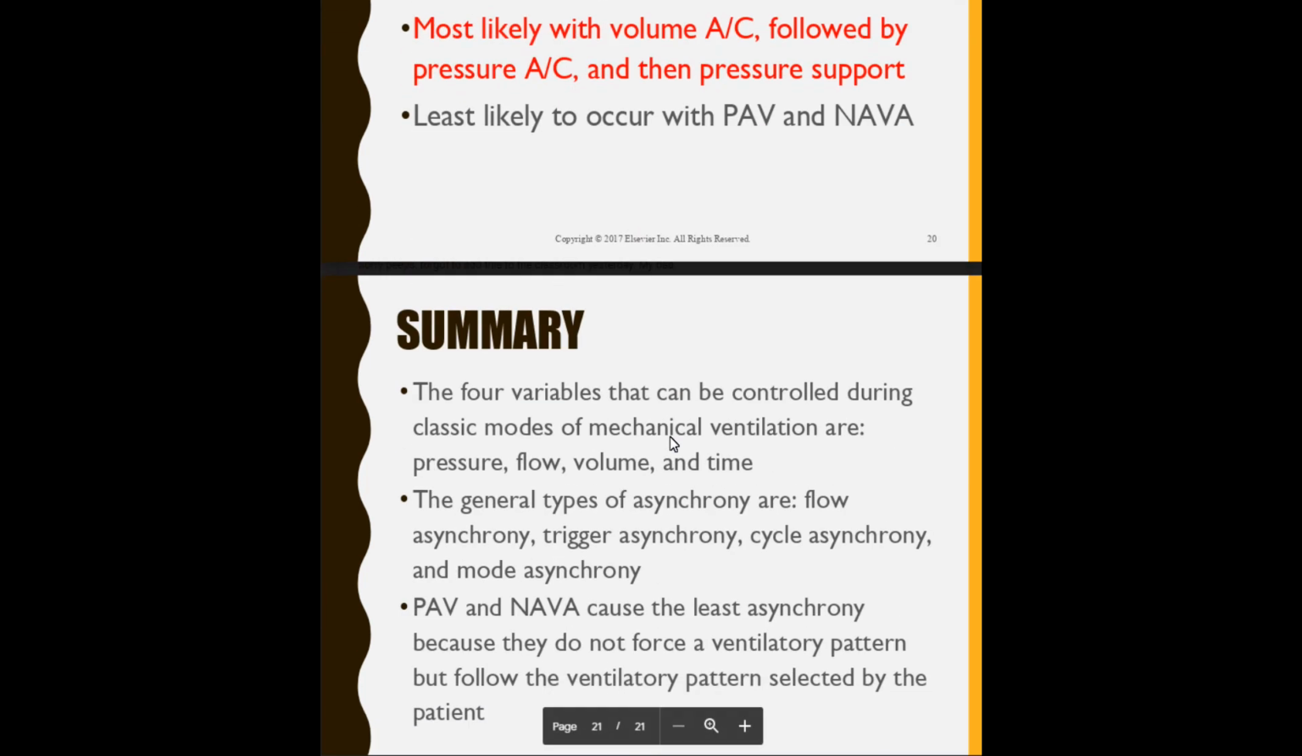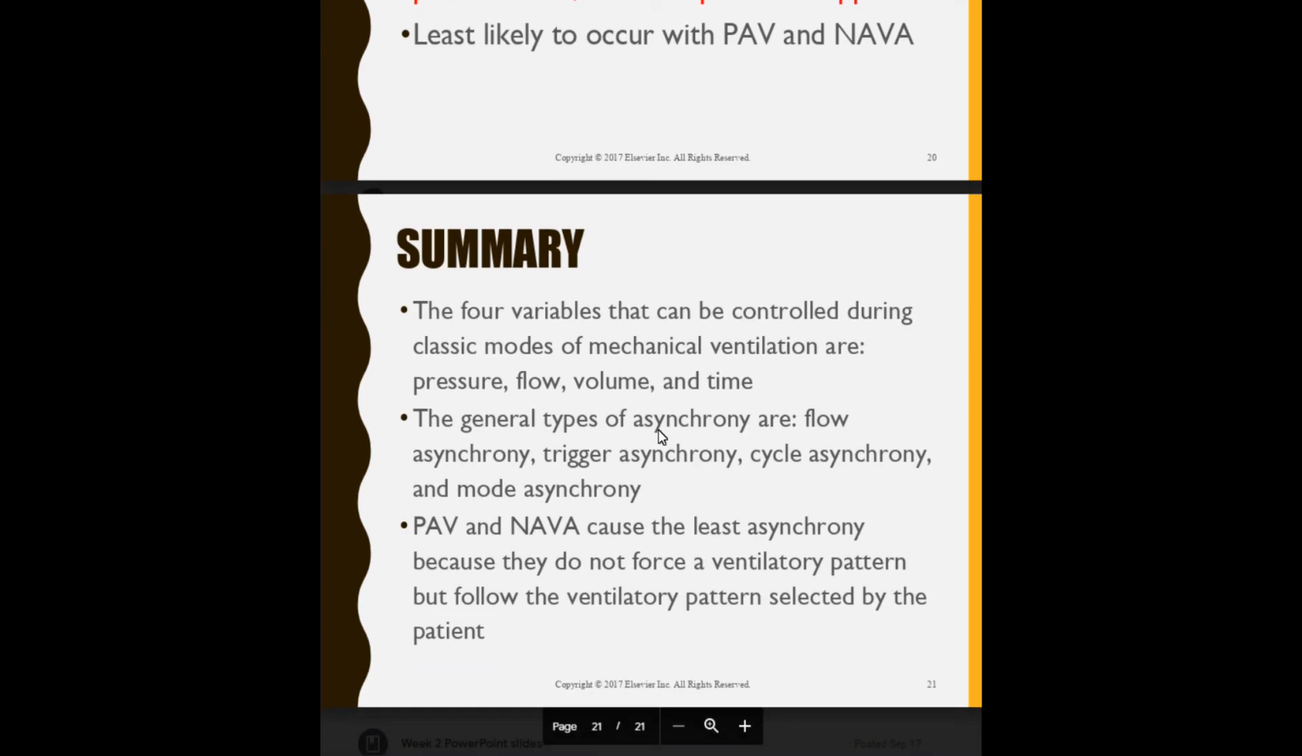All right. So to recap, the four variables that can be controlled during classic modes of mechanical ventilation are pressure, flow, volume, and time. The general types of asynchrony are flow asynchrony, trigger asynchrony, cycle asynchrony, and mode asynchrony. So again, to fix it: flow asynchrony, increase the flow. Trigger, we're going to deal with I time. I'm sorry, for trigger we're going to deal with